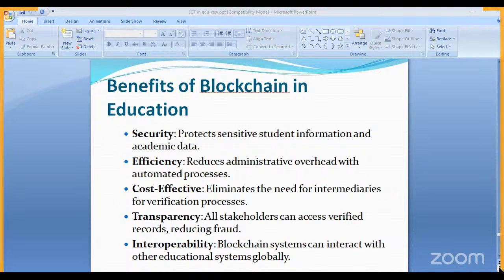We have seen every year there are so many news items in the media saying that the caste validity certification dates are being extended. Caste validity actually is a time consuming process. So using blockchain kind of technology, we can have better efficiency.